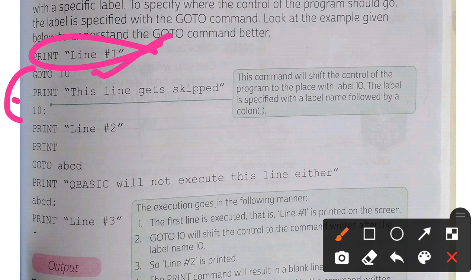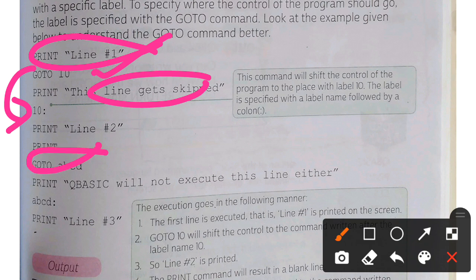So then the output that you will get on your screen will be that this line will be skipped, and after print line hashtag 1 your screen will show print line hashtag 2. Then you have print go to abcd, then after that your computer will show this statement or this command on the screen.